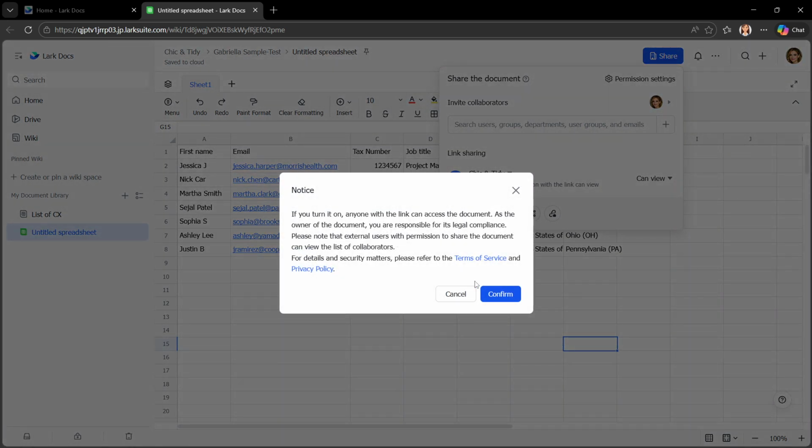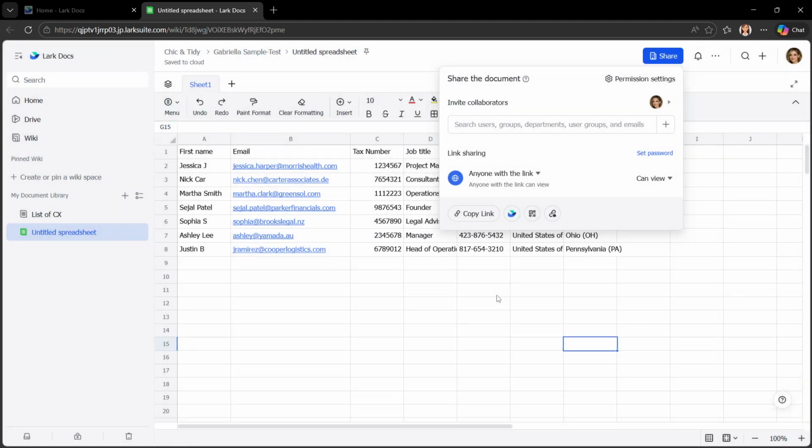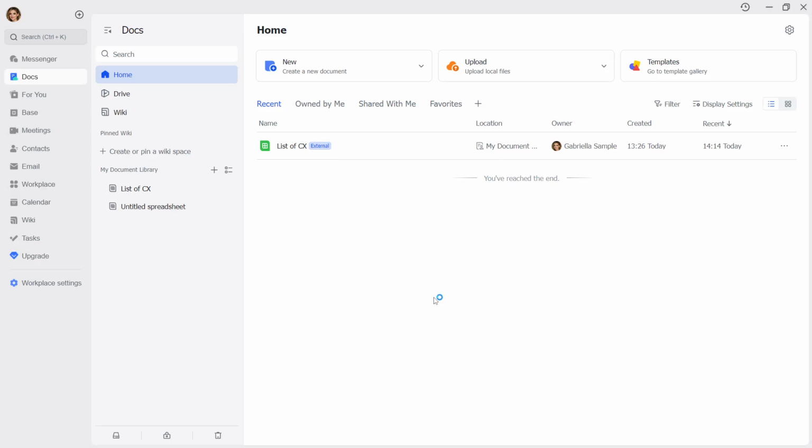Now choose a permission level. View only lets people look at the content without making any changes. Perfect for reports, dashboards, or finalized summaries. Comment allows viewers to leave feedback, questions, and suggestions without altering the actual data, which is ideal for reviews and